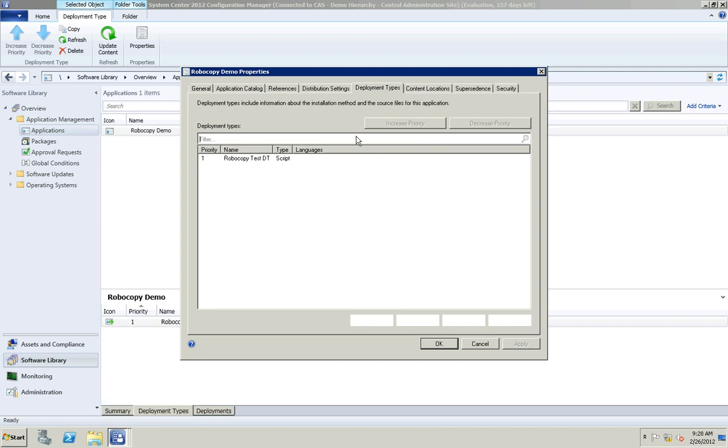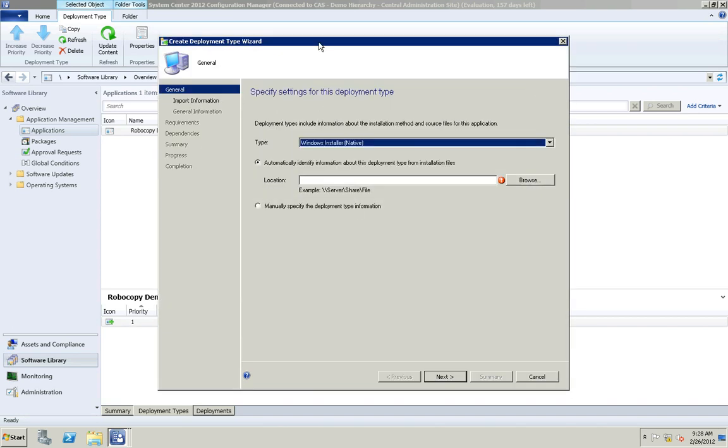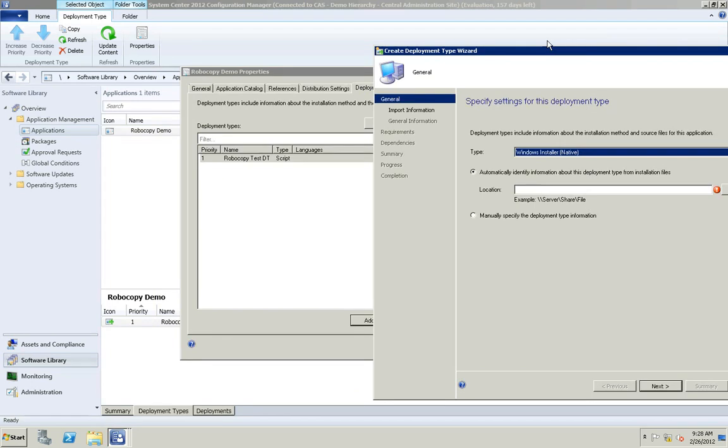So let's go back to our deployment types for a minute. So again, I could launch properties down here just like I am going to edit up here. Okay, I can add new deployment types. So again, let's talk about this for a minute. So the application that I'm going to deploy could have different forms of desired deployment that I will need to account for as we go forward. Okay,